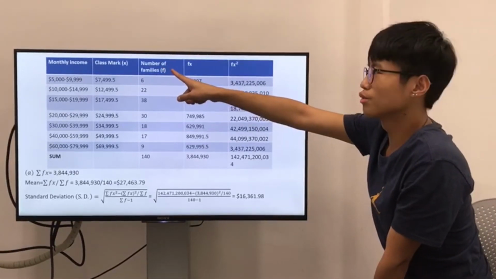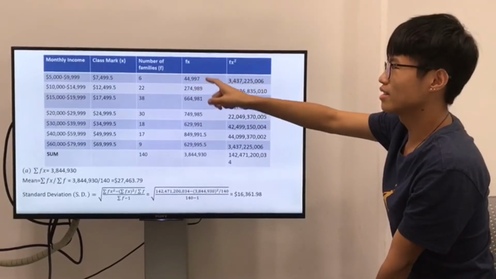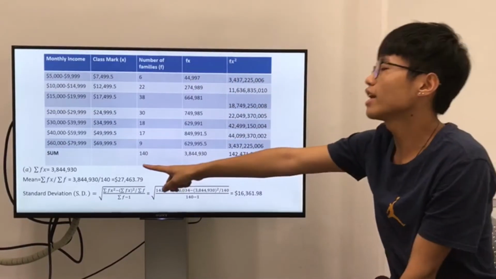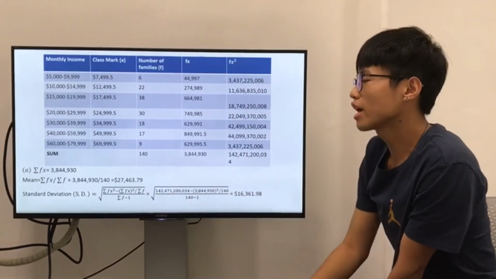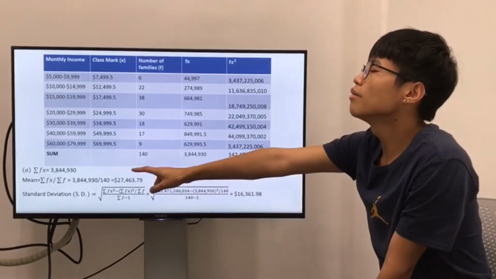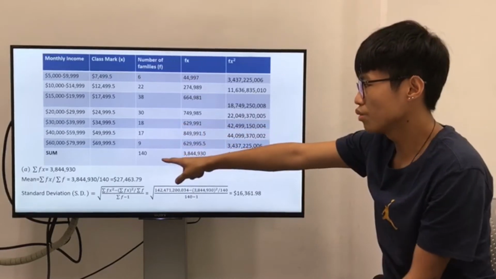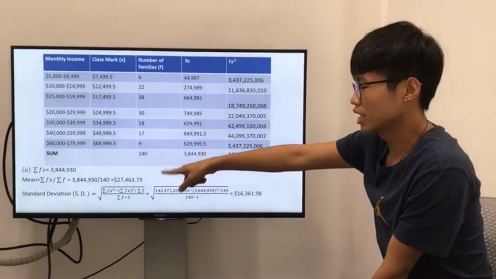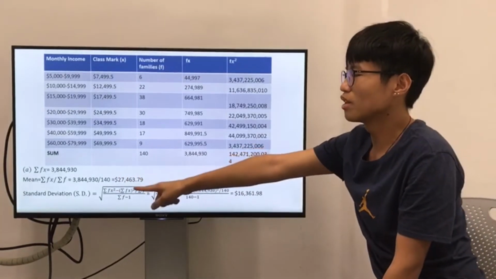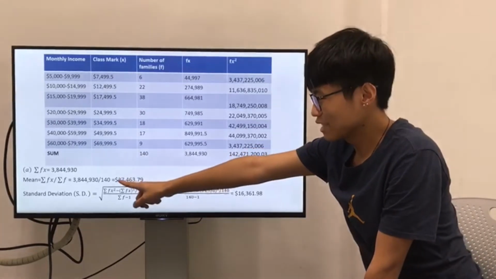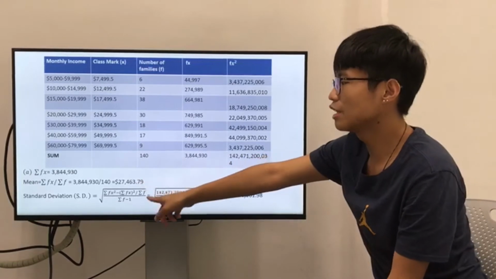We use f to represent the number of families. fx is f times x, and the sum of fx is 3,844,930. The mean can be calculated by the sum of fx over the sum of f, which is the total number of families, 140. Substituting the numbers into the formula, the mean is 3,844,930 over 140, and the answer is